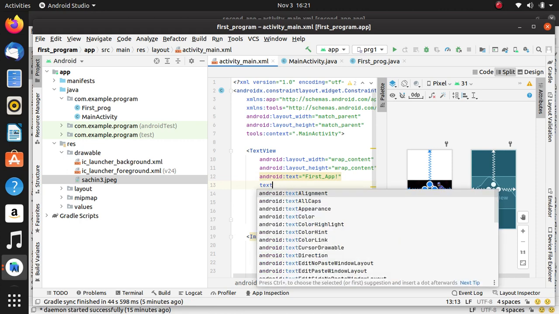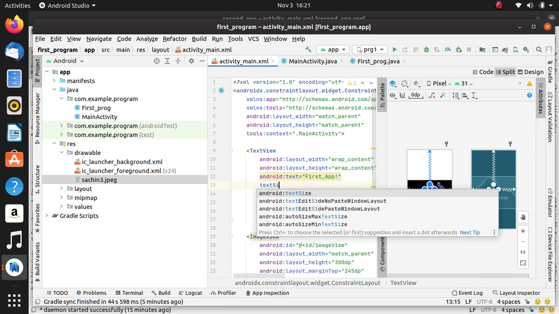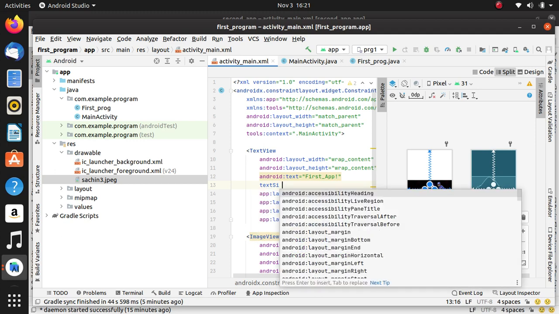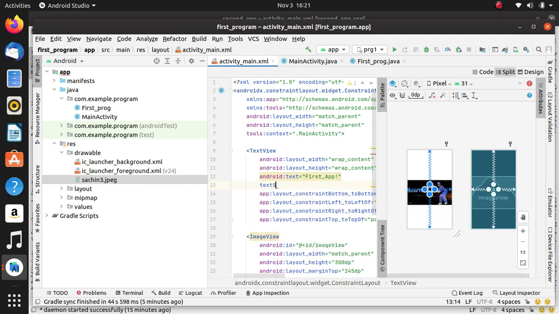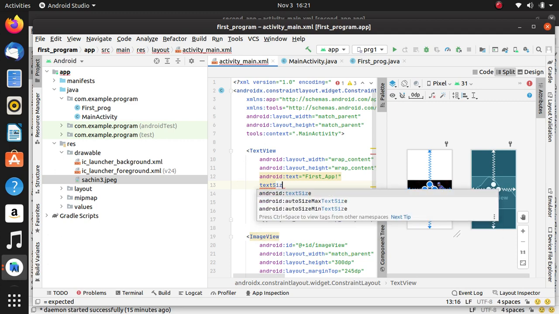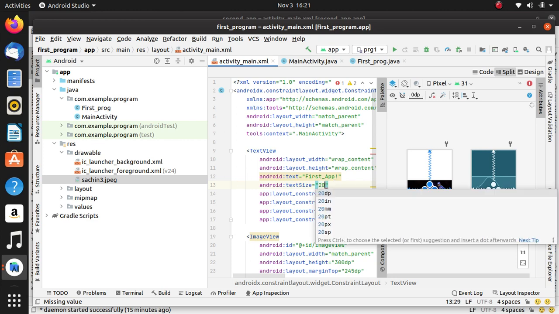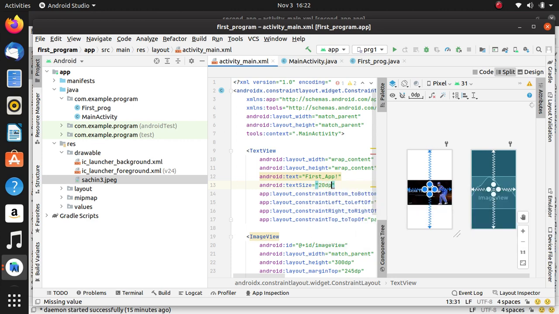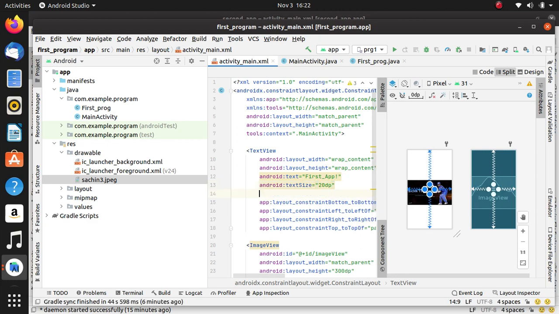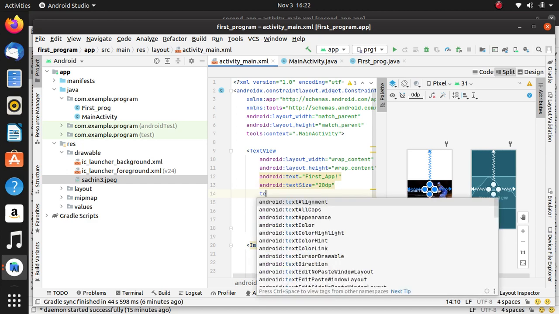Text size 20 dp. Now I want to change the text style to bold.